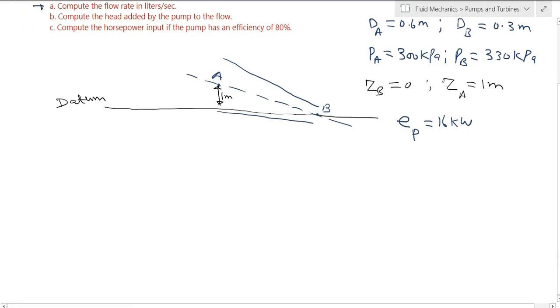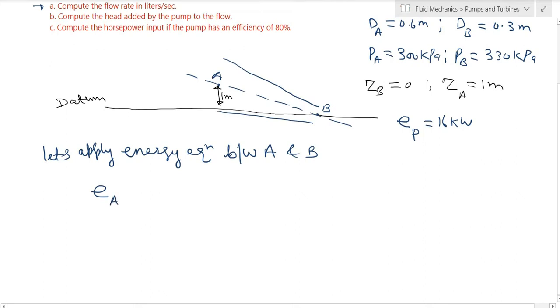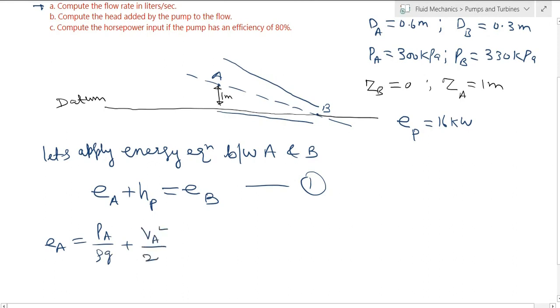So to solve these problems we have to apply the energy equation. Okay, let's apply the energy equation between A and B. What we get, energy head at A plus head by the pump HP is equal to energy at B. This is equation first. Okay, now energy at A is equal to PA by rho G plus VA square divided by 2G plus ZA. Now